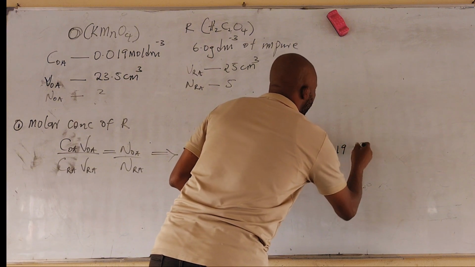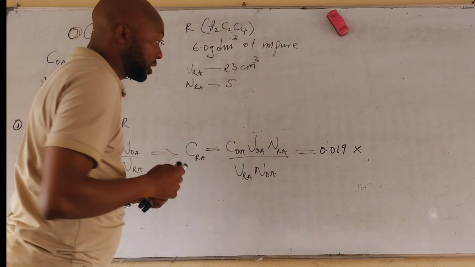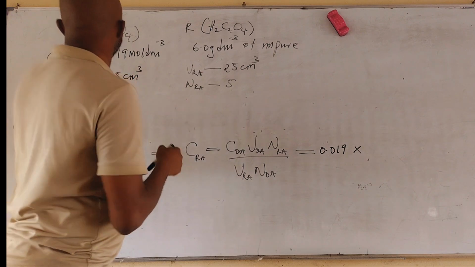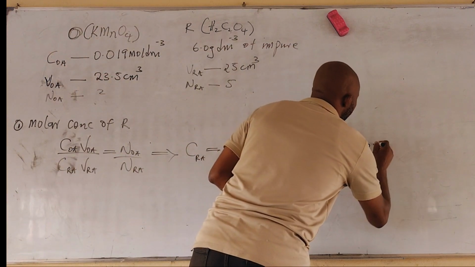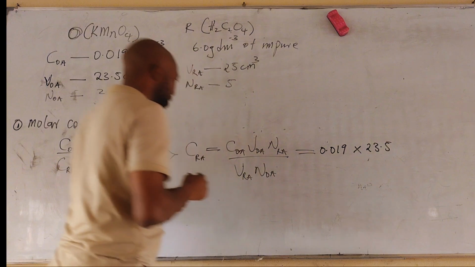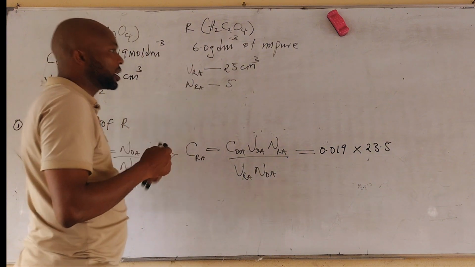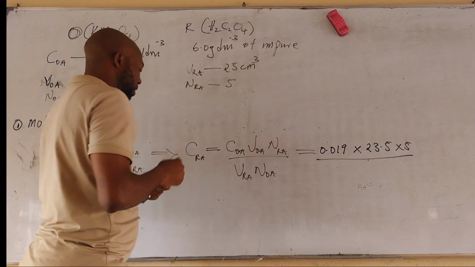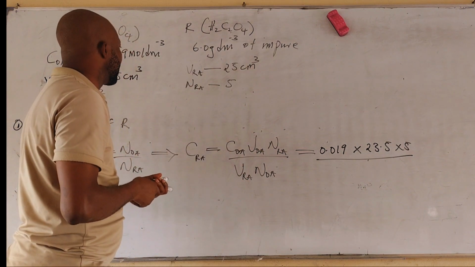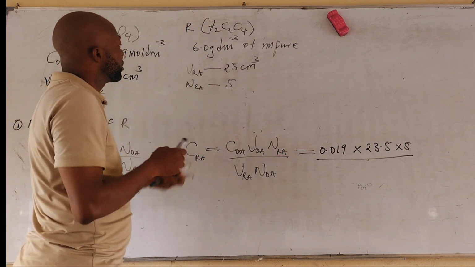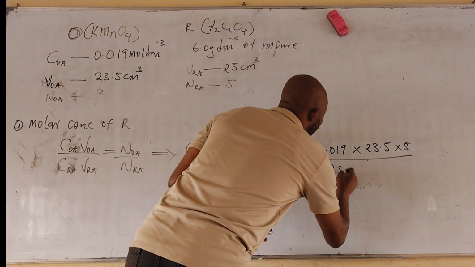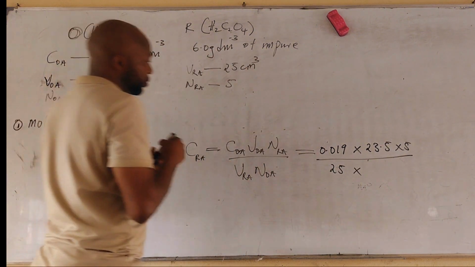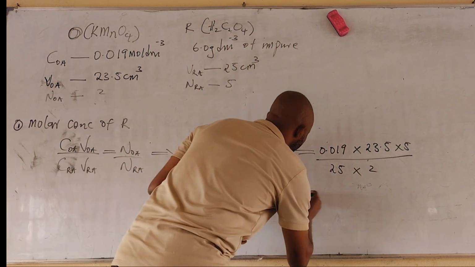0.019 times, I'm not going to put a unit again because my markers are almost gone. So volume of the oxidizing agent is 23.5, times number of moles of reducing agent is 5, times 5, all over the volume of the reducing agent, that's 25, times number of moles of oxidizing agent, which is 2. So this is equal to,